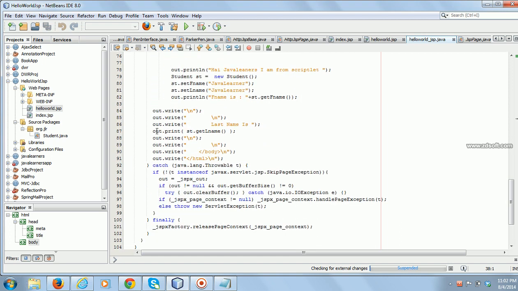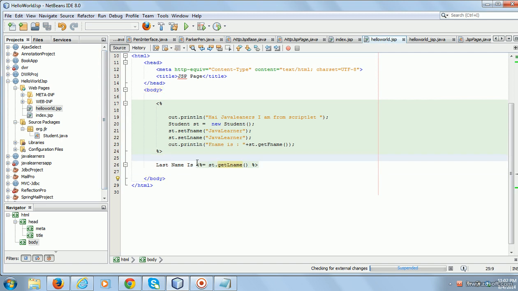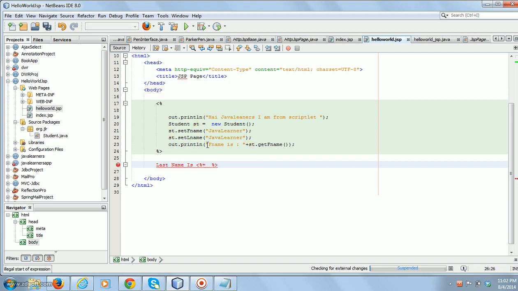Can you see? The last name is, and then st.getLname is converted into this line. So it is a shortcut way of displaying something onto the browser. You need not write out.println. This is nothing but copy pasting here.